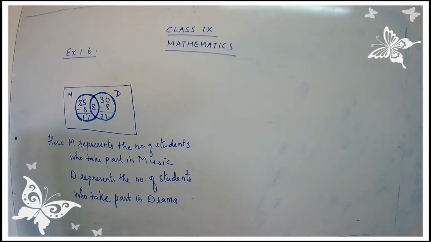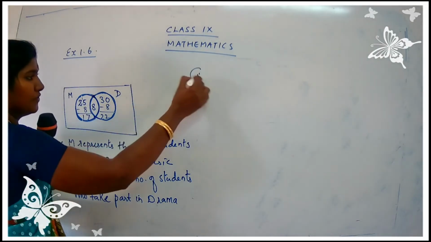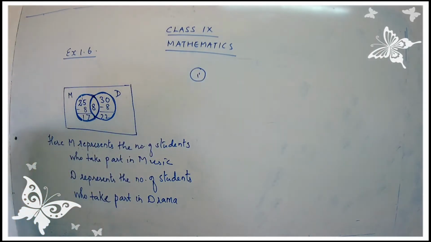Okay, so we have finished the Venn diagram. I hope you were clear with this Venn diagram. Any doubt over here, children? No. Very good. Okay, now let's go for the answer part. We have 3 subparts to be done. Yes, children? So let's write down the answer for the first subpart. No need to take down the question once again. You have written the questions already, yes? So no need to take down the questions.